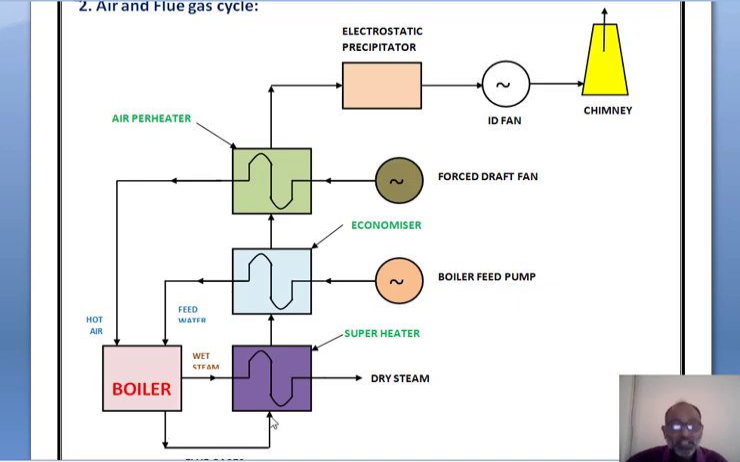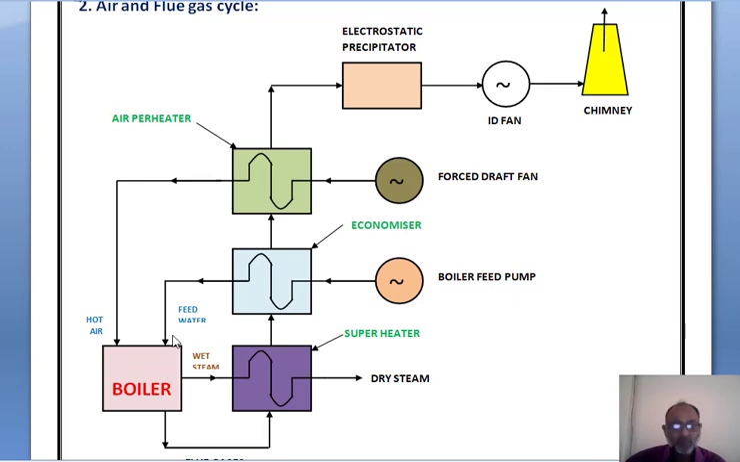So first, the flue gases are passed through the superheater, where the wet steam is converted into dry steam. That means your steam is superheated, or whatever water particles or moisture is present in the wet steam is converted into dry steam. Then these flue gases pass through the economizer, where the temperature of the feed water taken into the boiler is raised. Then the flue gases pass through the air preheater, in which the air forced into the